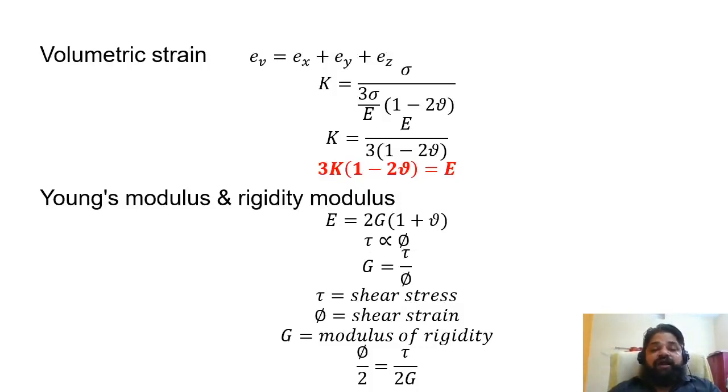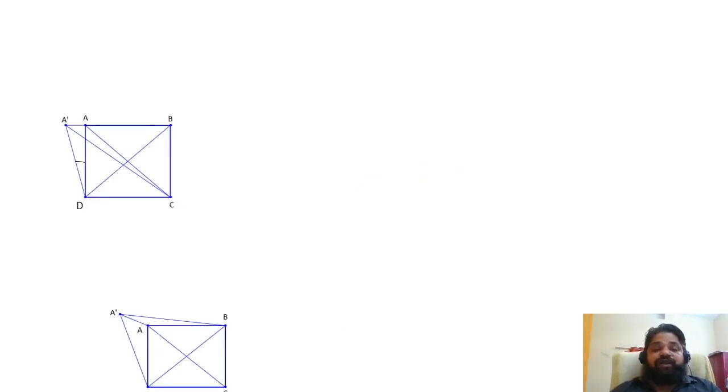It will be more clear if I show one figure here. You just see this figure, the first figure which has been shown, A, B, C, D. The point A has been displaced, because angular distortion means the point not only translates, A has translated from A to A prime. That means earlier AC and now A prime C. A prime C represents the new position, or extension, of the AC.